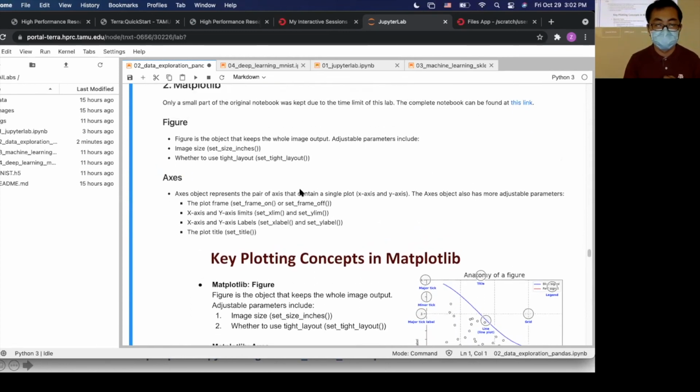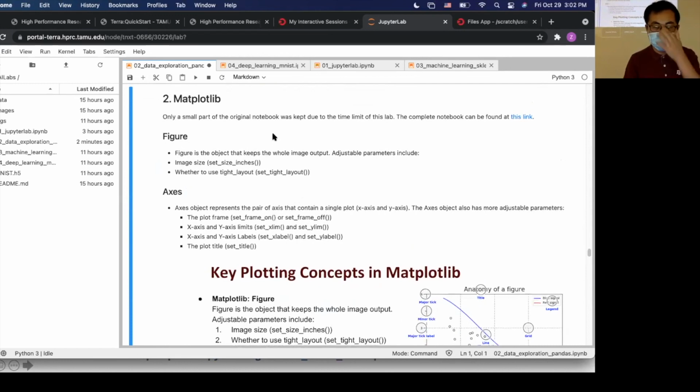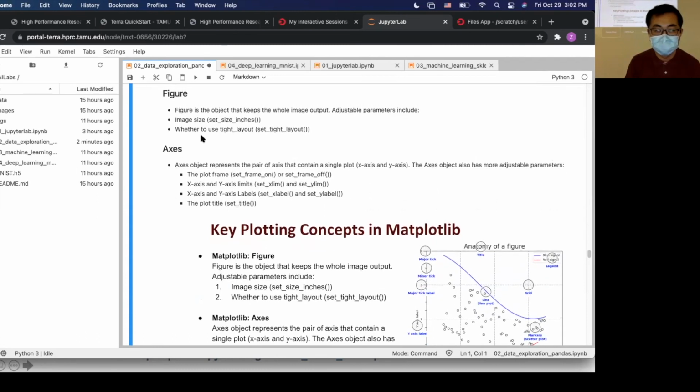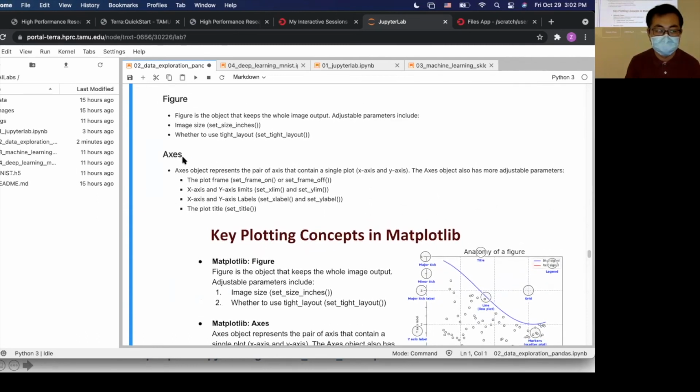And also for Matplotlib, it is a Python library for plotting, as we said. It has two key concepts. One is called the figure, the other is called axis. The figure is the object that keeps the whole image output. You can imagine it as a canvas, and you can adjust the image size, and also use tight layout.